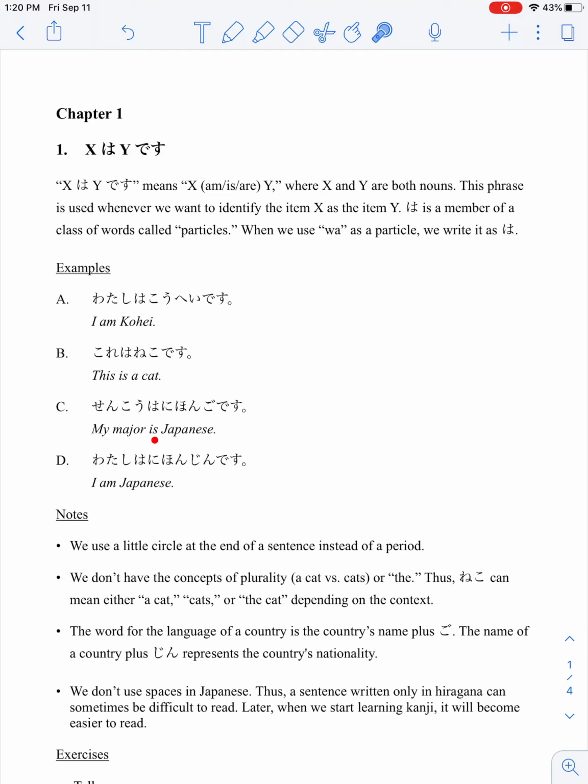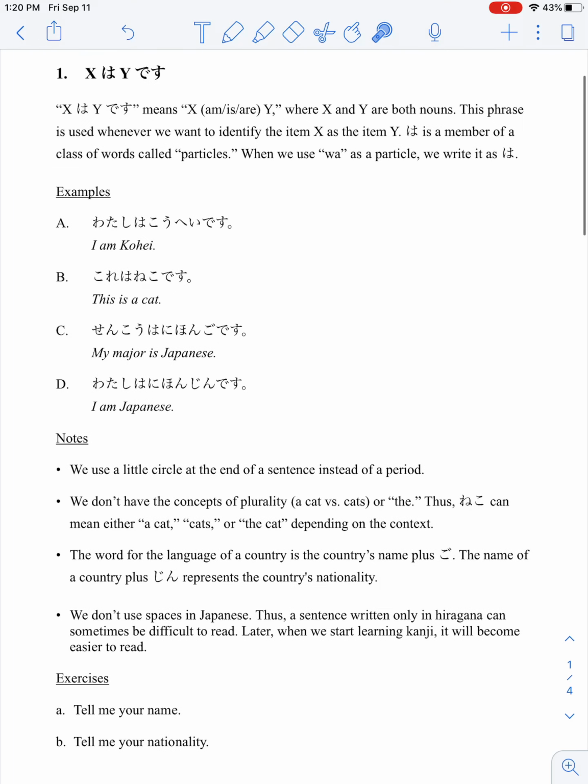My major is Japanese. 専攻は日本語です。D. I am Japanese. 私は日本人です。